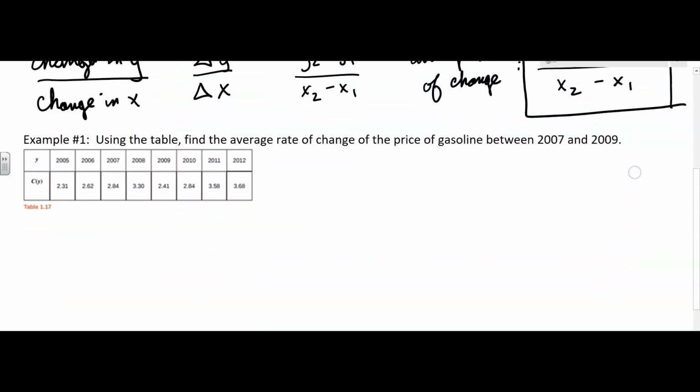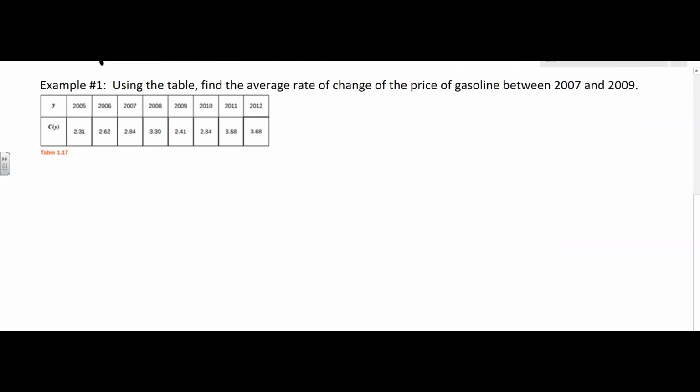Okay, so now that I said all that, now we can go to the table. Find the average rate of change of the price of gasoline between 2007 and 2009. So they give a specific time period, 2007, there it is, 2009. Now, this hopefully isn't confusing to you. This is in terms of y. So the y is our input this time. And C of y, probably C for cost based on the year, that's going to be our output. So the change in output over the change in input. So we're going to take